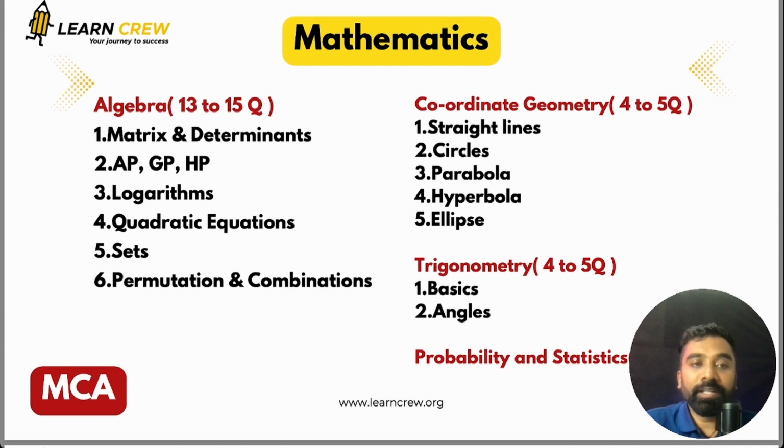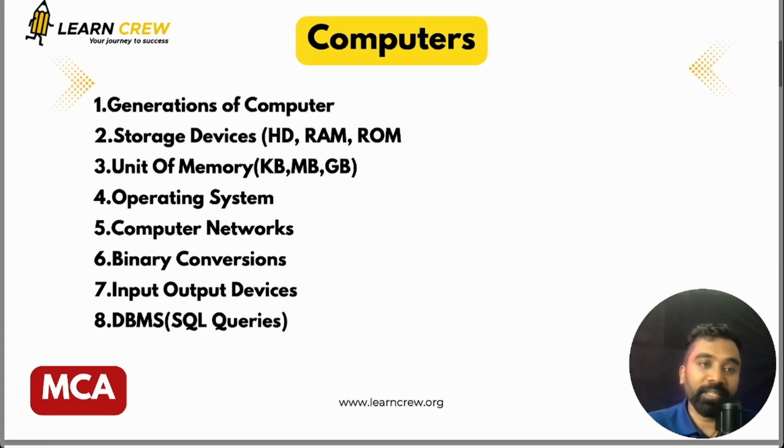Now here I would recommend go through your algebra part and go through your probability and statistics part. Since most of you people are from a background where your probability and statistics should be good enough. So I would recommend these two should give you around a solid 20 to 25 marks easily. Coordinate geometry and trigonometry, in case you are not very familiar, you can just look into it and mark the answers. Since there is no negative marking, you can just mark it. You can do the preparation for the main weightage in these two subjects in case you are weak. Okay, recommendation would be this. So this is the main idea in mathematics for MCA people.